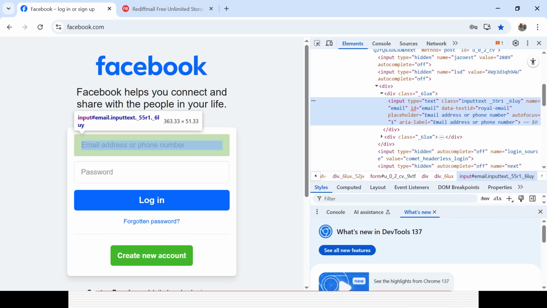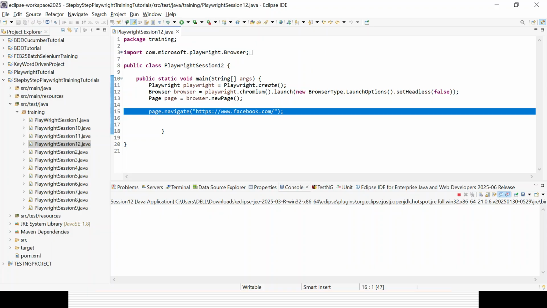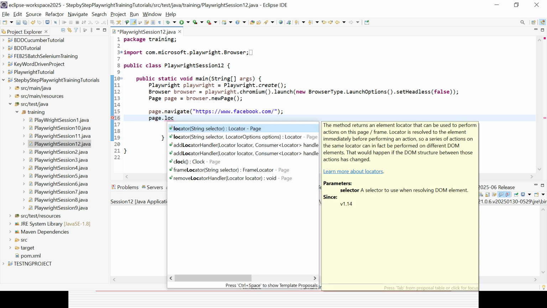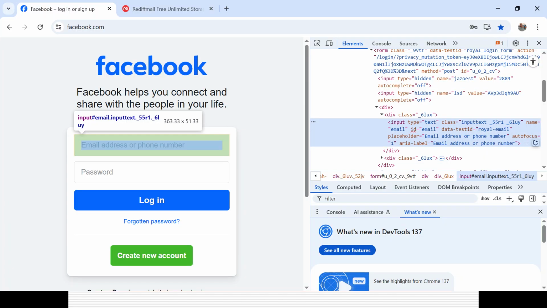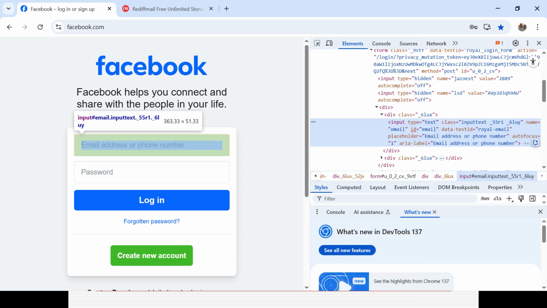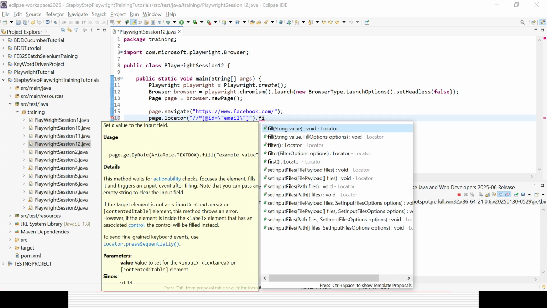So first thing is that as and when we mouse over any element with inspect element, we are able to see the different tag names and different attributes for this particular element on the web page. So we will try to deal with the default relative and absolute XPath. Here we need to take the help of the page.locator method, and we will give the default relative XPath. We need to click on the triple dot, copy XPath and give it within the double quotes, and this is the input field. So we can fill some value, say Haradhan,